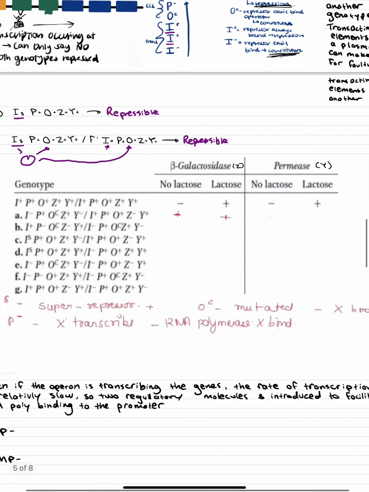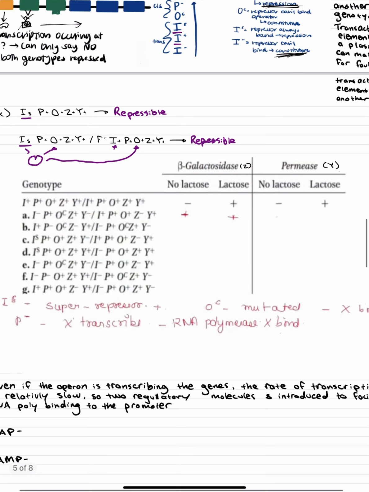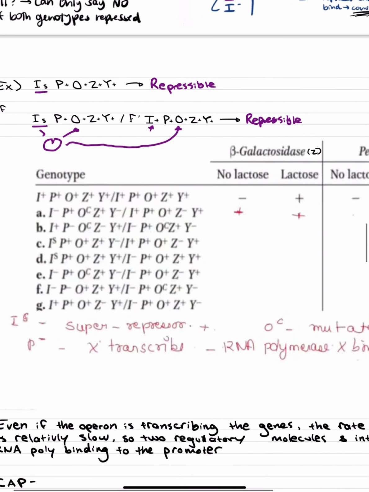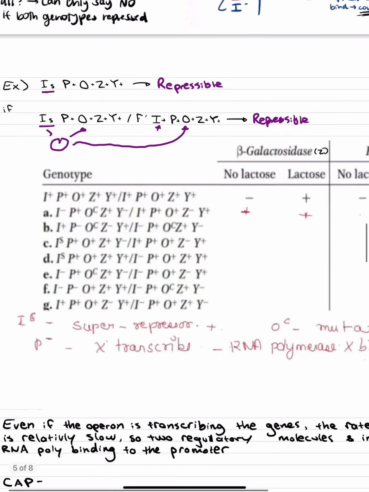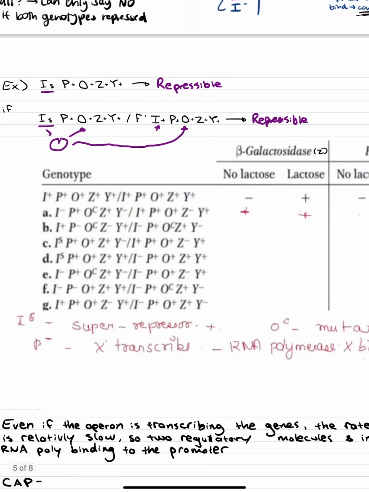All right, on to these examples. For example A, part of the problem is already solved. In order to produce beta-galactosidase or permease, beta-galactosidase is the Z gene, permease is the Y gene. So right off the bat, the way that we would solve this is, if we want to see if the genotypes will be able to produce Z, we have to look at the Z gene first and foremost. Here we see on this genotype, we have a working Z,